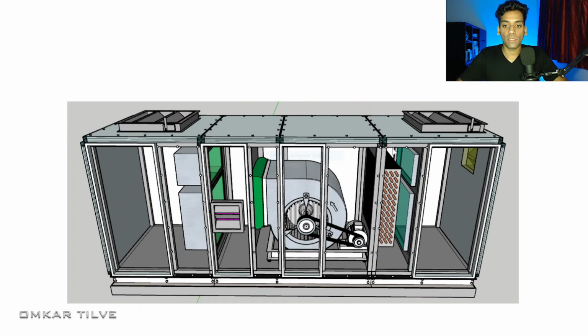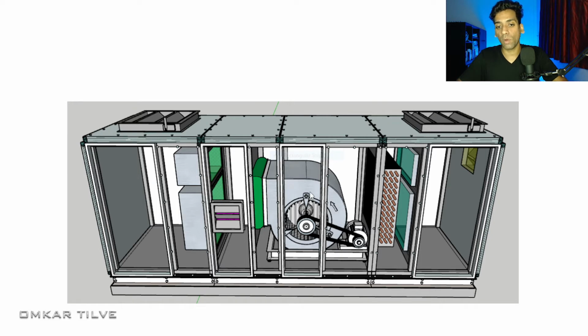So from this 3D model, as you can see the cursor here, this is the blower section, and this consists of the blower, a centrifugal blower, a motor, a pulley belt arrangement between the motor and the centrifugal blower, a motor slide rail which is used to adjust the distance between the blower and the motor, anti-vibration isolators, so that